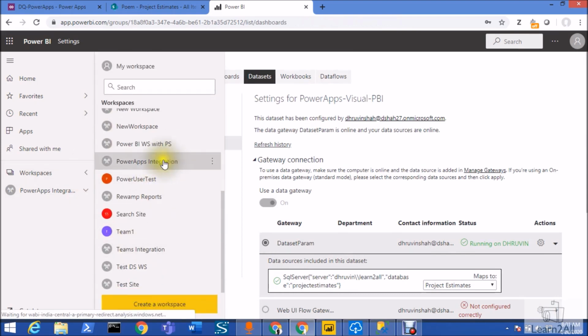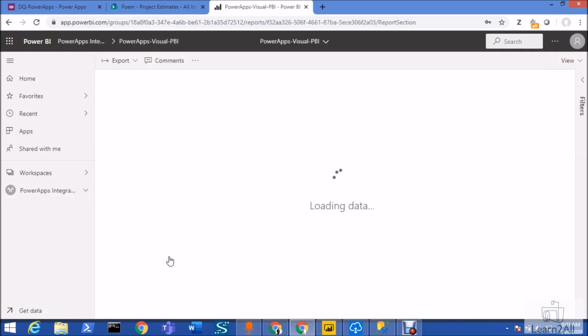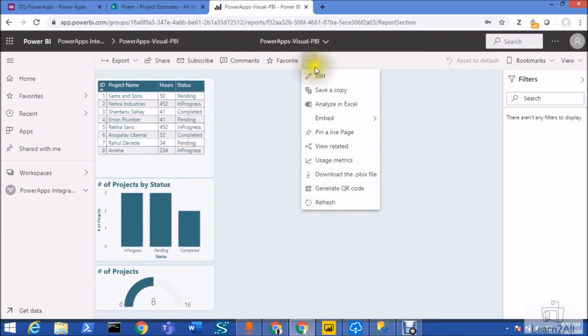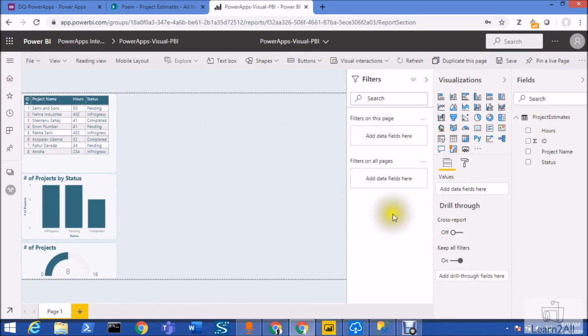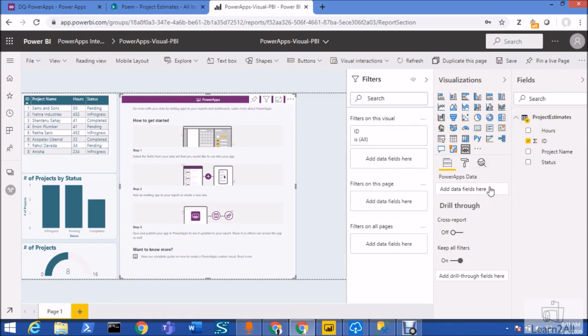So yeah, now let's go to the report. So this is my report. Now we need to add the Power Apps visualization. So for that, just click on edit of the report. We need to build this Power Apps visualization online. So you can see this Power Apps visualization, Power Apps for Power BI. Just click on that, expand that thing. So you can see that it is already showing some basic steps of what you need to do. So first of all, you need to select your visualization and you need to add the fields which you wish to have in the Power Apps.